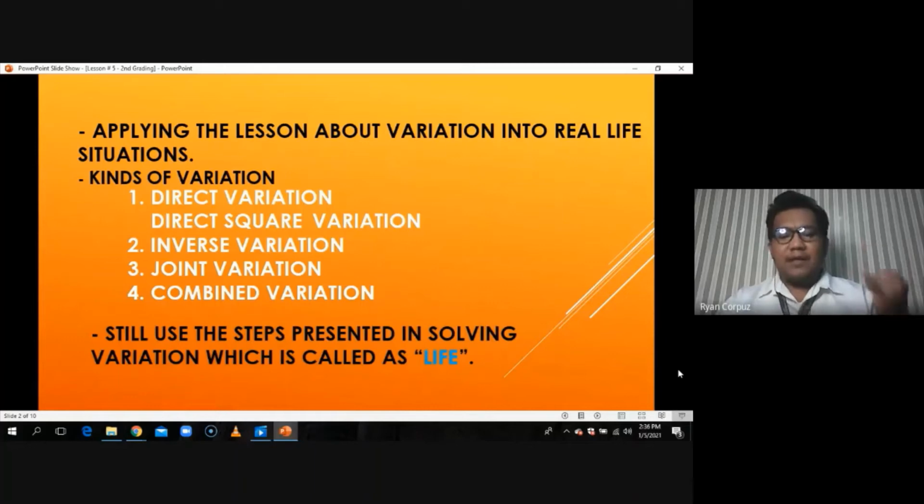L stands for let's translate statement of variation into symbols. Second, I. Its constant of variation should be sought. So that's the time now that we are going to solve for the constant of variation, or the K. Then third,